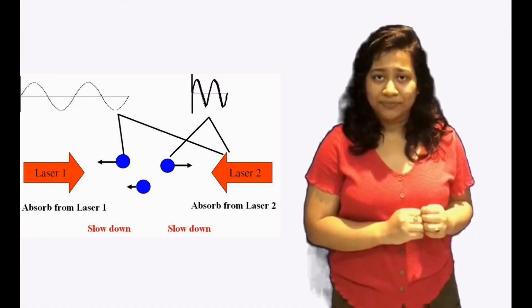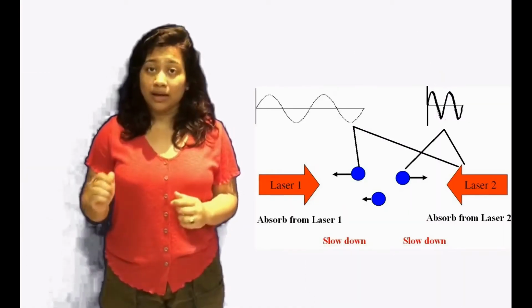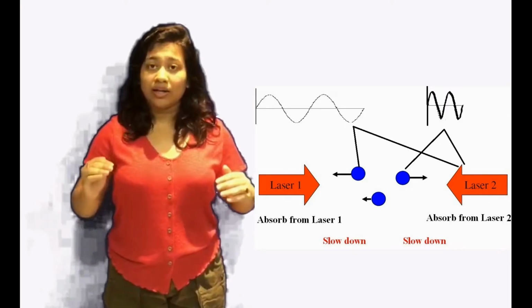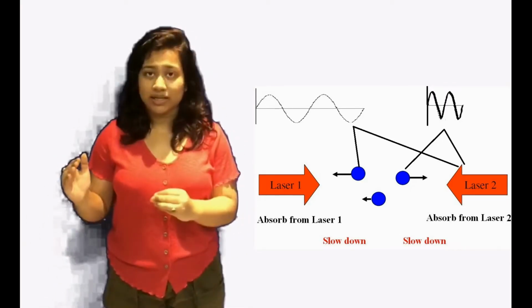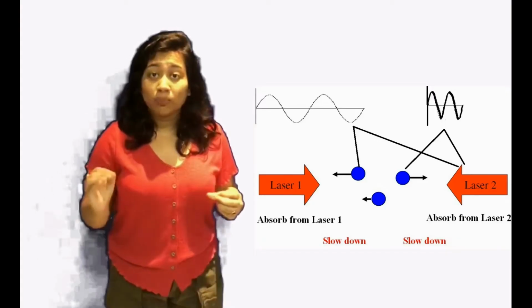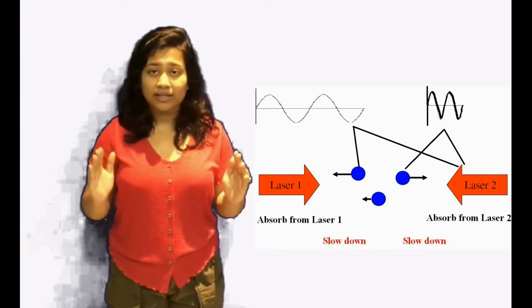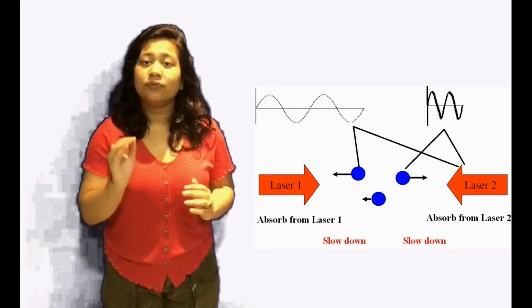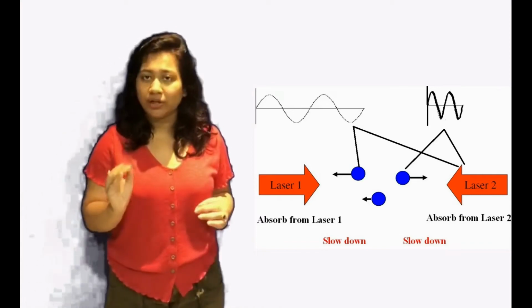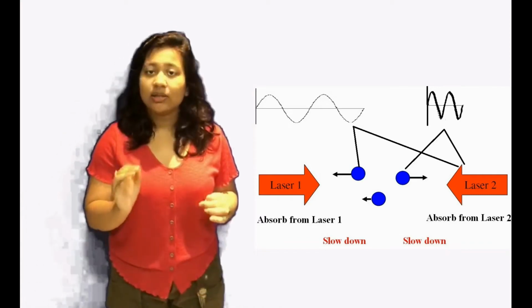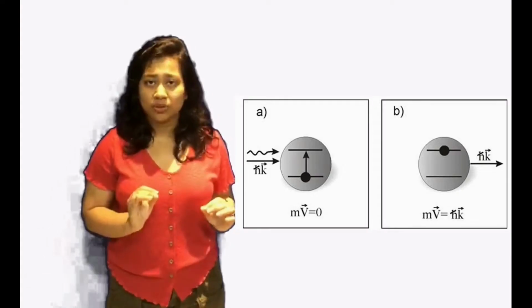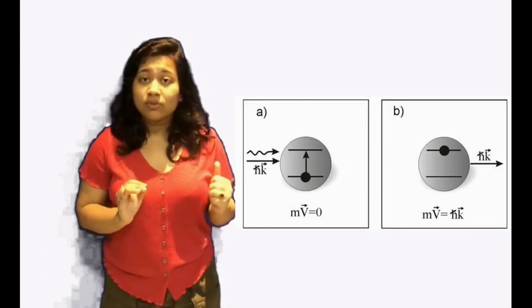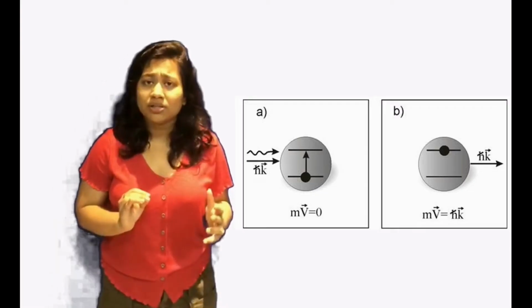Due to the Doppler effect, the wavelengths get stretched and the photon frequency is further away from the resonant frequency of the atom. On the other hand, when the atom and the photon are in different directions, that is, when the atom is moving towards the laser, due to the Doppler effect, the wavelengths are compressed and the photon may hit the resonant frequency. As a result, energy as well as the photon momentum is absorbed. So the atom slows down. In other words, it is cooled.